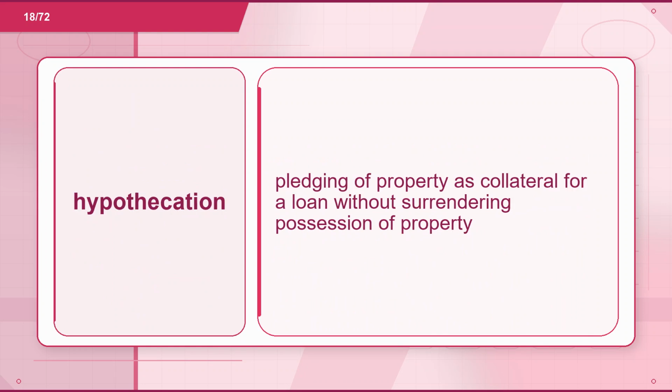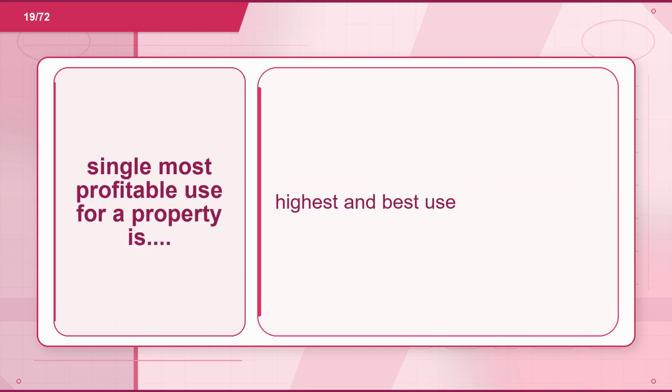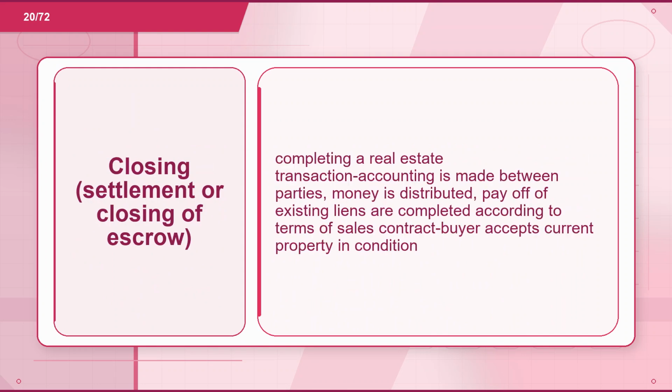Flashcard 18. Term: hypothecation. Definition: pledging of property as collateral for a loan without surrendering possession of the property. Flashcard 19. Term: single most profitable use for a property is... Definition: highest and best use. Flashcard 20. Term: closing, settlement or closing of escrow. Definition: completing a real estate transaction; accounting is made between parties,